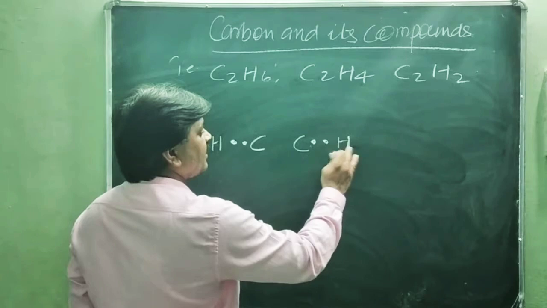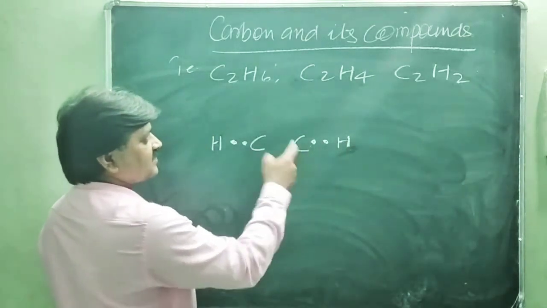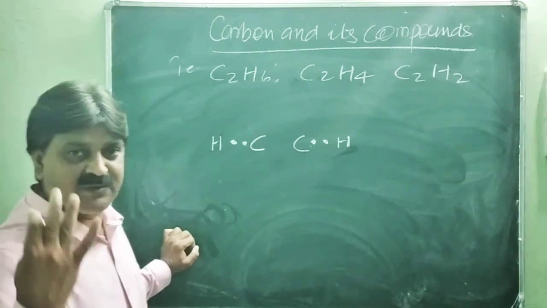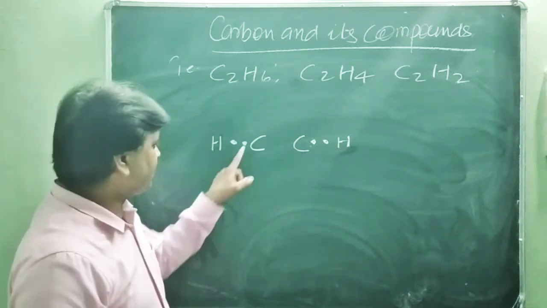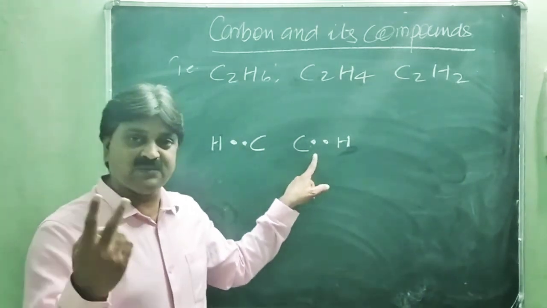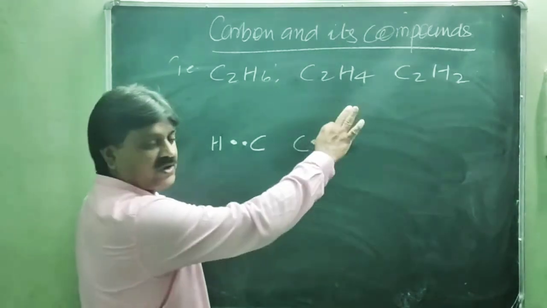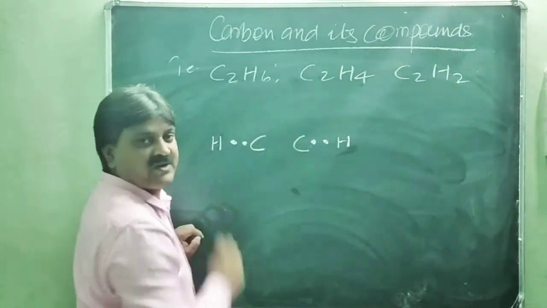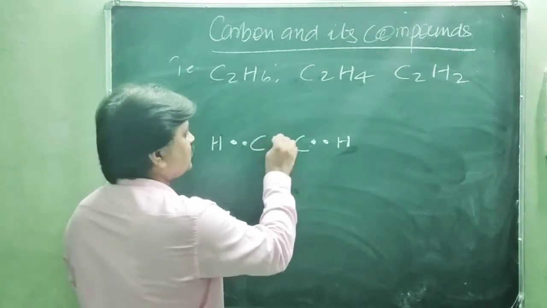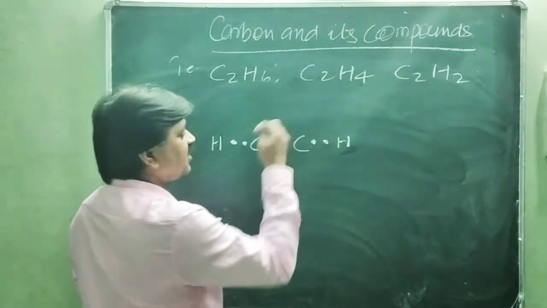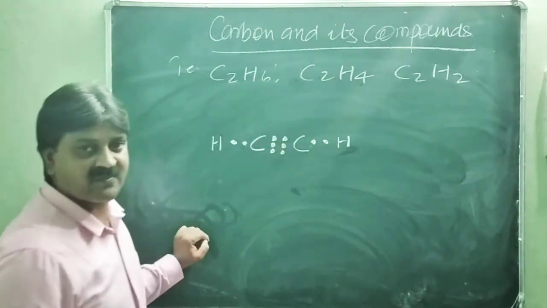So how many electrons are left on this carbon atom? Rest to this carbon atom. Obviously clear that each carbon has 4 electrons, and out of 4, 1 electron is shared. So each carbon has 3 electrons. So these 3 electrons are shared with each other because there is no other atom available here for bonding. So 3 electrons are shared with each other, 1, 2 and 3. This is 1, 2 and 3. This is called acetylene or ethyne.